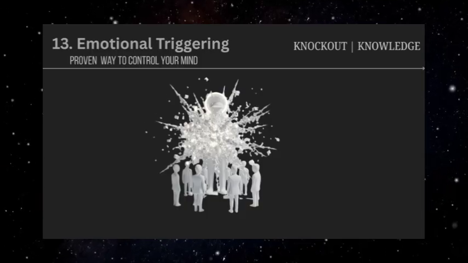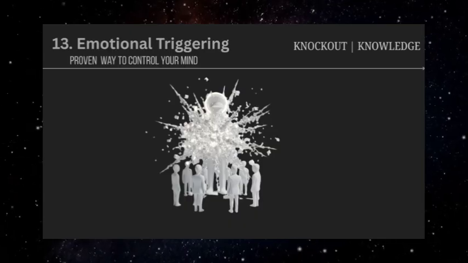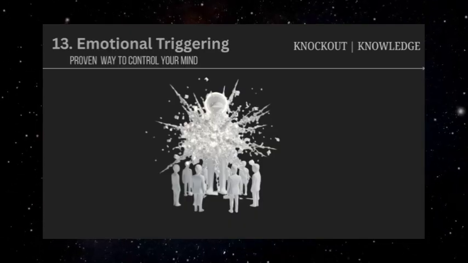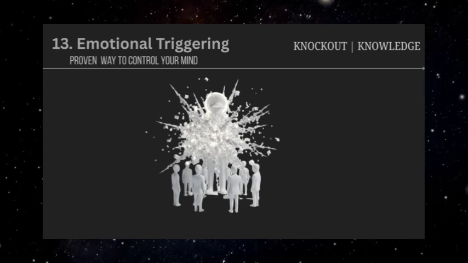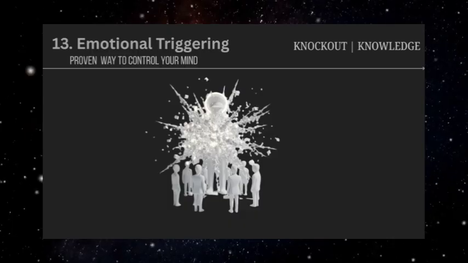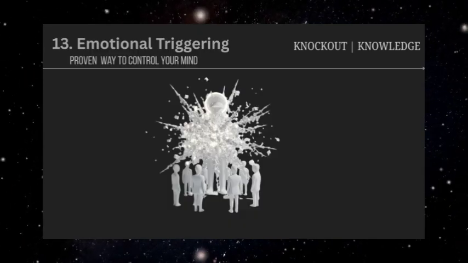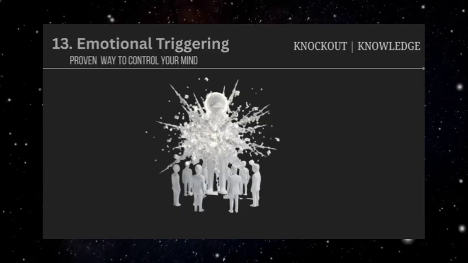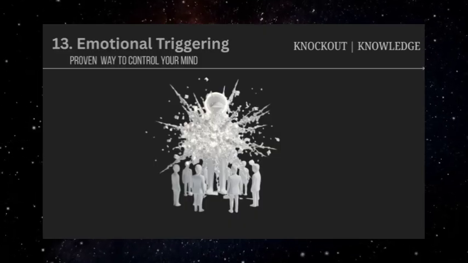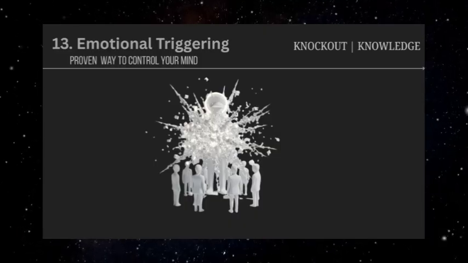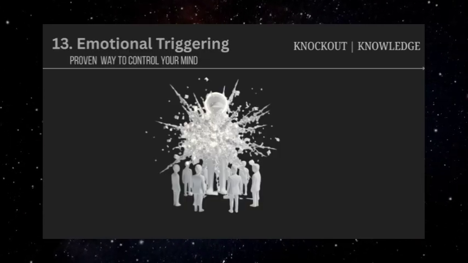Religious and spiritual contexts sometimes employ emotional triggering through language related to salvation, damnation, divine approval, or spiritual enlightenment. These concepts can trigger intense emotional states that make followers more susceptible to other forms of influence and less likely to question teachings or demands. The timing of emotional triggers is often strategic. A manipulator might wait until their target is already stressed, tired, or emotionally vulnerable before introducing triggering language. In these weakened states, people are more susceptible to emotional manipulation and less able to maintain psychological defenses.